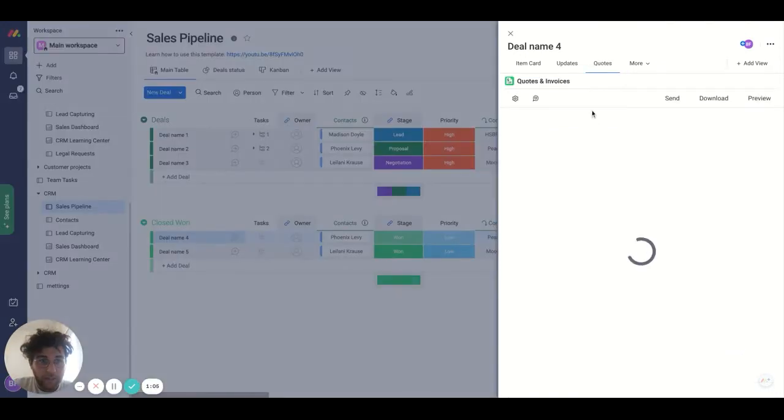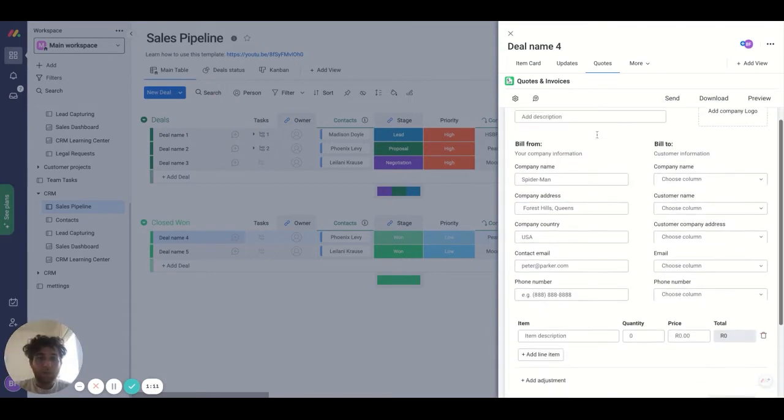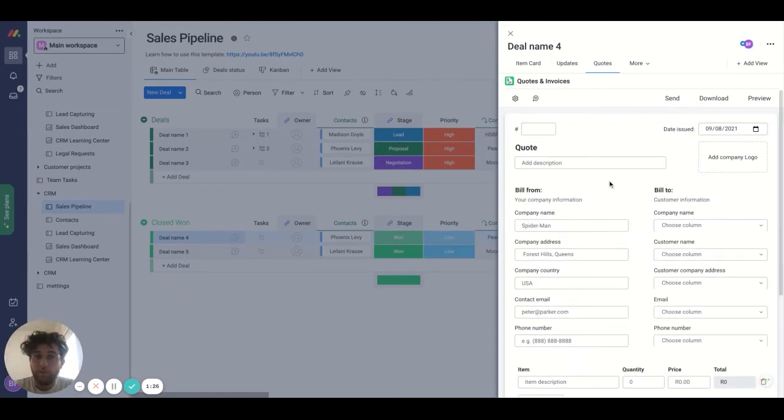So, what is the point of the Quotes and Invoices app? Well, self-explanatory, it's there to send quotes. Now, just like monday.com is highly customizable, and we want to give you as much flexibility with every fundamental feature that we've built, we did the exact same thing for Quotes and Invoices. So for that reason, everything can be customized. So quotes can be changed to